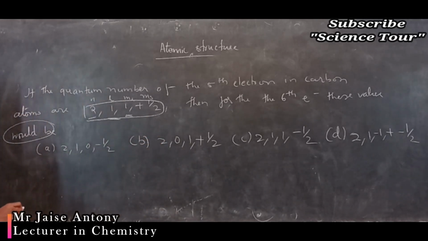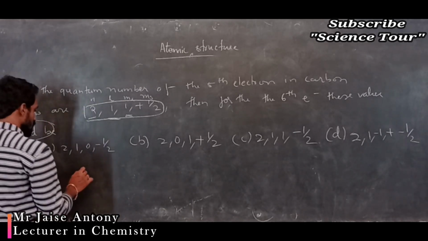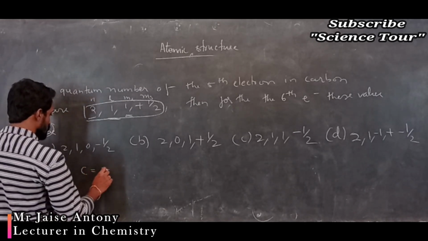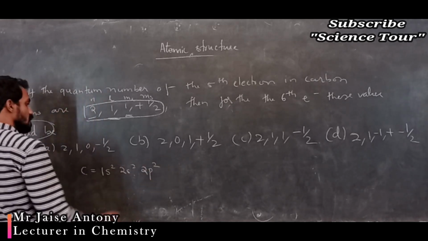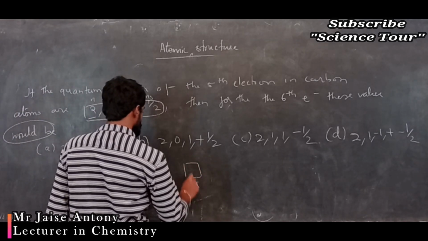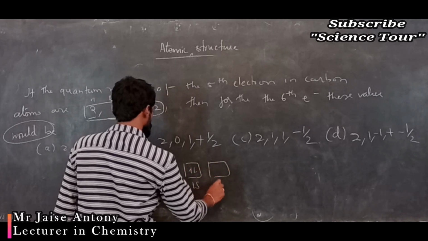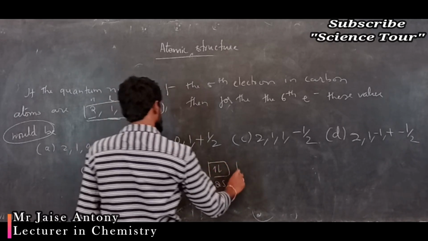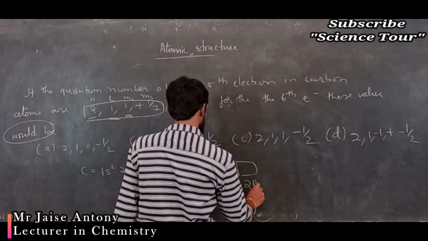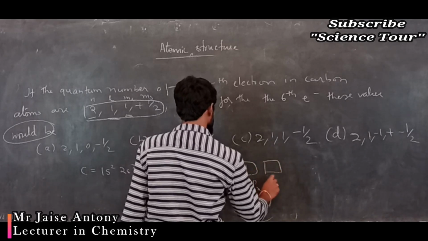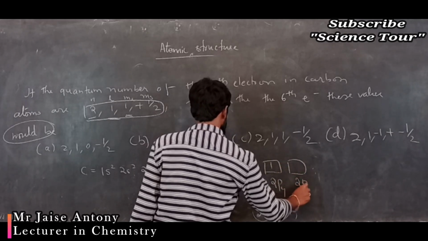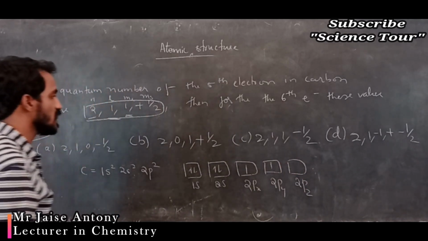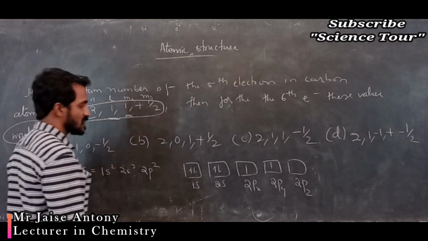So my dear students, it's a very tricky question. If you are writing carbon atomic number, 1s2, 2s2, 2p2, in box I will write 1s 2, 2s 2, 2px 1, 2py 1, 2pz 0. Correct? No? This is actually carbon atomic number and electrons.